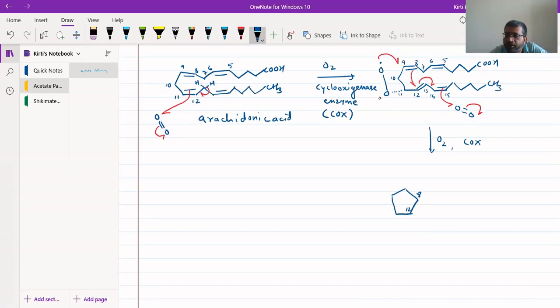This bond has been made, and what we have is a cyclic peroxide with 9 and 11 carbons. So we will have here a cyclic peroxide at 9th position and this at 11th. This is our 9, 10 and 11. So 9 and 11 position will have a cyclic peroxide. 8 carbon को यहाँ पे हमने join किया. Then we will have a